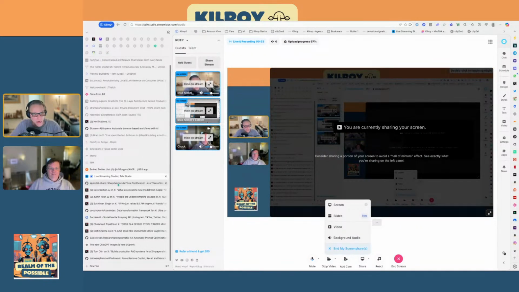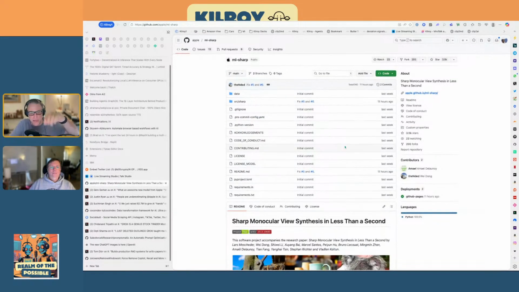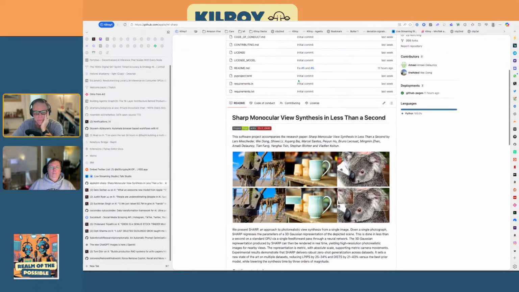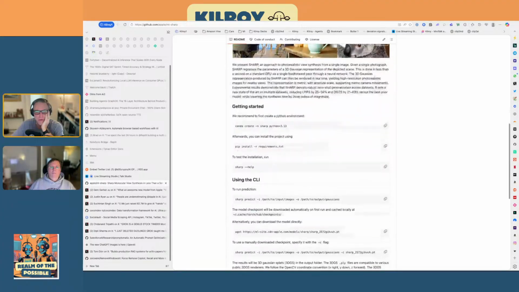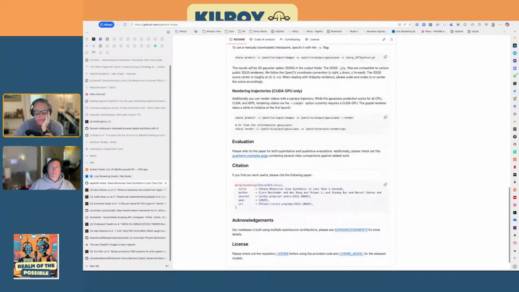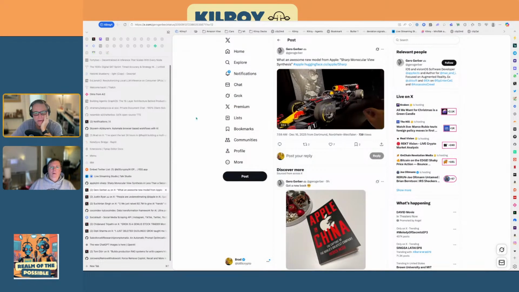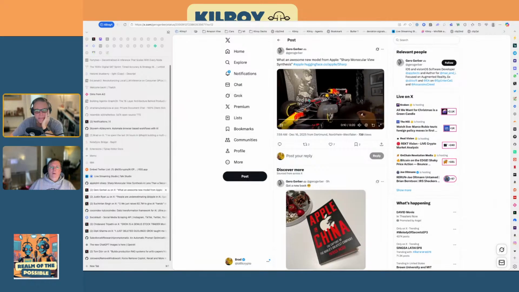All right. So let's touch a little news first. I don't know if you saw this or not, but Apple introduced this little model called Sharp. Well, it's Sharp Monocular View Synthesis. Essentially, it lets you take a still photo and turn it into a 3D environment. It seems to work pretty well. I've seen a number of shots like this one